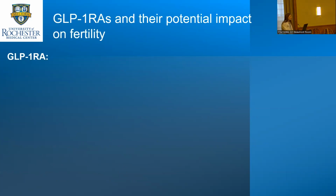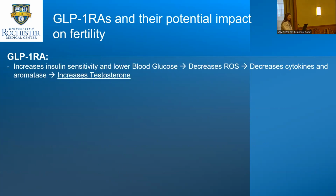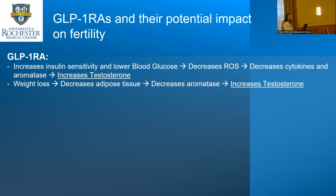So how is it that the GLP-1 receptor agonists impact infertility? Through the mechanisms we already discussed, they increase insulin sensitivity, which lowers blood glucose, decreasing reactive oxygen species and decreasing inflammatory mediators and aromatase production, which increases testosterone. They cause appetite satiety, causing weight loss, decreasing adipose tissue, decreasing the amount of aromatase able to be produced, and